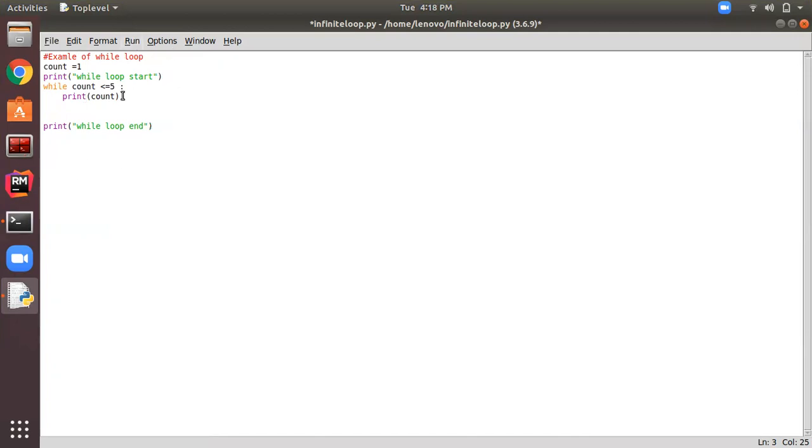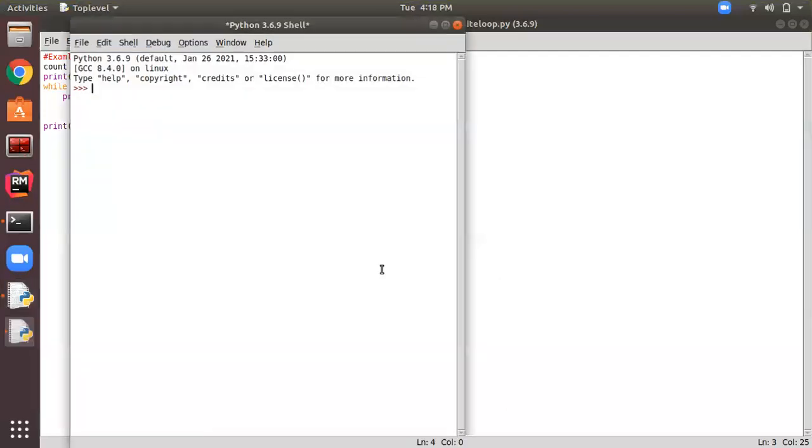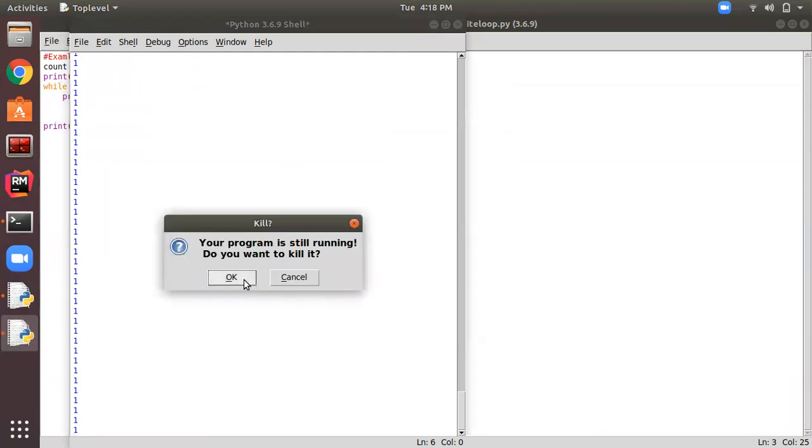I have opened the IDLE for you, and in this I am running the program using the run module, or we can use function key F5. Okay, so let me save my program. Just a minute, it's running another program.